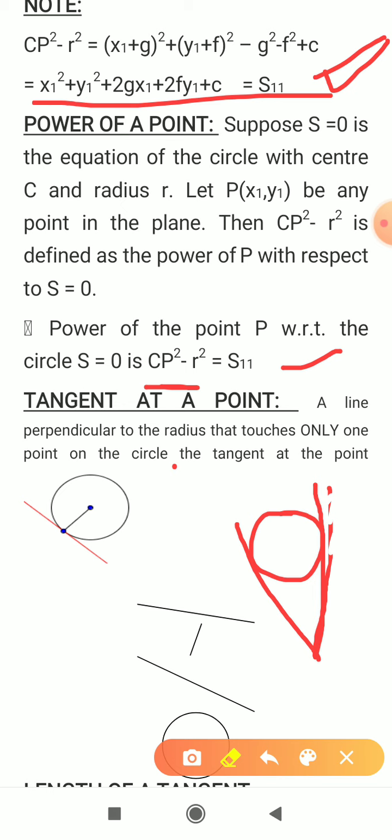Now here we discuss the tangent at a point. This is the tangent at a point. This is the tangent at a point. This is the tangents from a point. Here this is the tangent at a point. In our previous classes, a tangent is always perpendicular to the radius at the point of contact. This common point is called the point of contact. If the tangent is drawn from an external point, there are two points of contact. So we discuss the external point tangents in the next part. Okay, this is the tangent at a point.